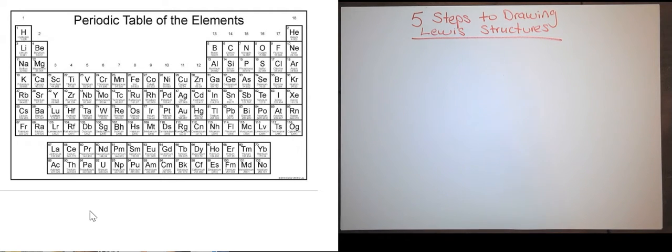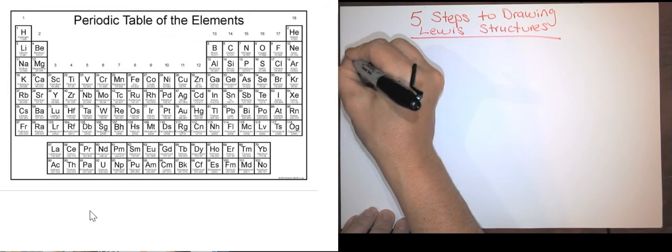Yay! All right, so let's go over. It is really, really simple. You just have to follow the steps. Once you practice enough, you'll get right into it. Okay, so step number 1